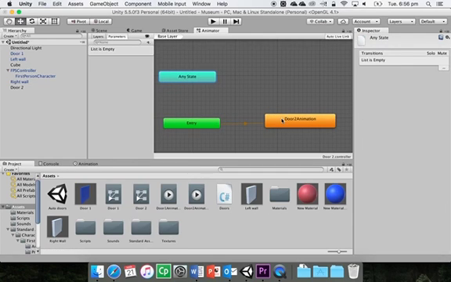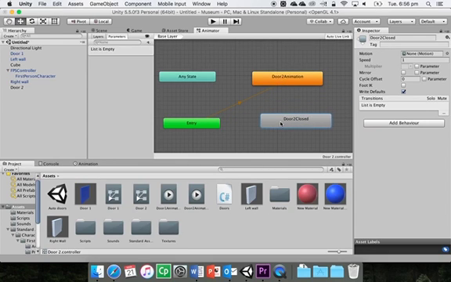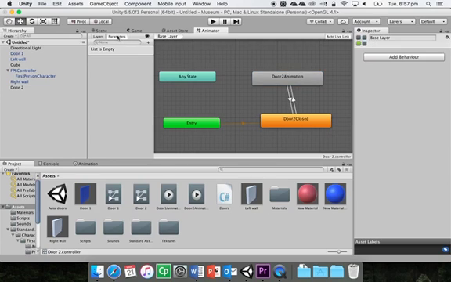So bringing across all our components, adding our empty state, calling it, just to make it clear, I'm just going to call it door 2 closed. So bring up door 2 animation, right click on door 2 closed, set as layer default state, right click on it again, make transition up to door 2 animation, right click on door 2 animation, make transition, bring it back to door 2 closed, making sure we're clicked on our parameters, clicking plus, bool, and again door cycle as our bool, and then